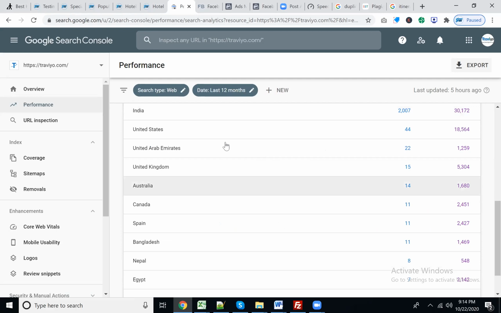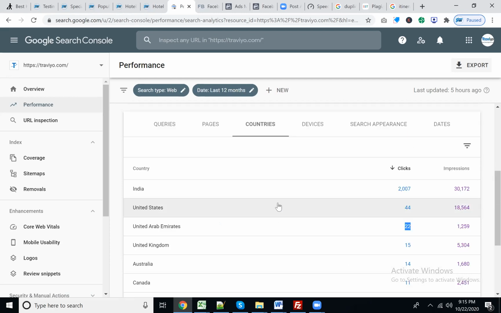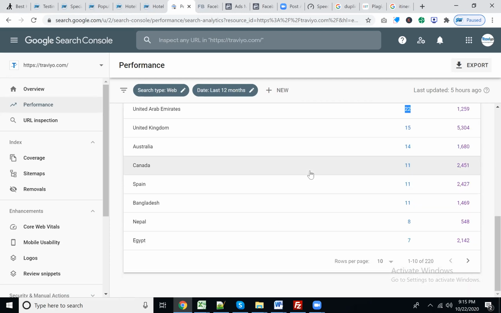From the United States, 18,000 people visited, with 45 clicks generated and 44 leads. From UAE, 1,200 people visited and we got 22 clicks. These are exactly the countries where Travio is visible and from which people visit our website.